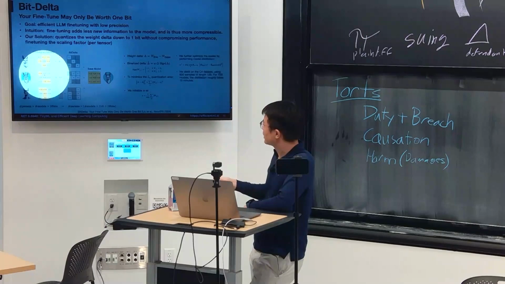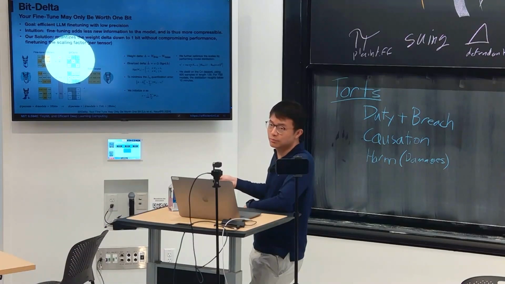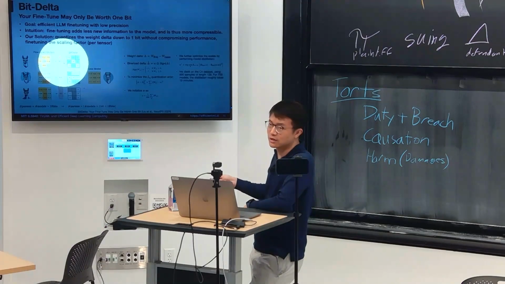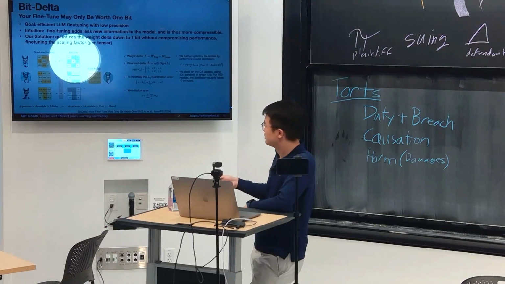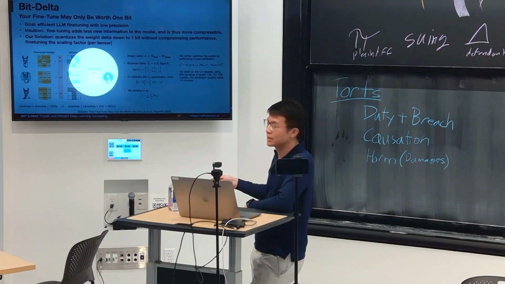We have different fine-tuned models. Actually, that equals this base model plus a single-bit BitDelta matrix. Each entry in the matrix consists of only 1 bit, times a scaling factor. The scaling factor is shared for this entire tensor. So the scaling factor times this BitDelta added to the base model becomes